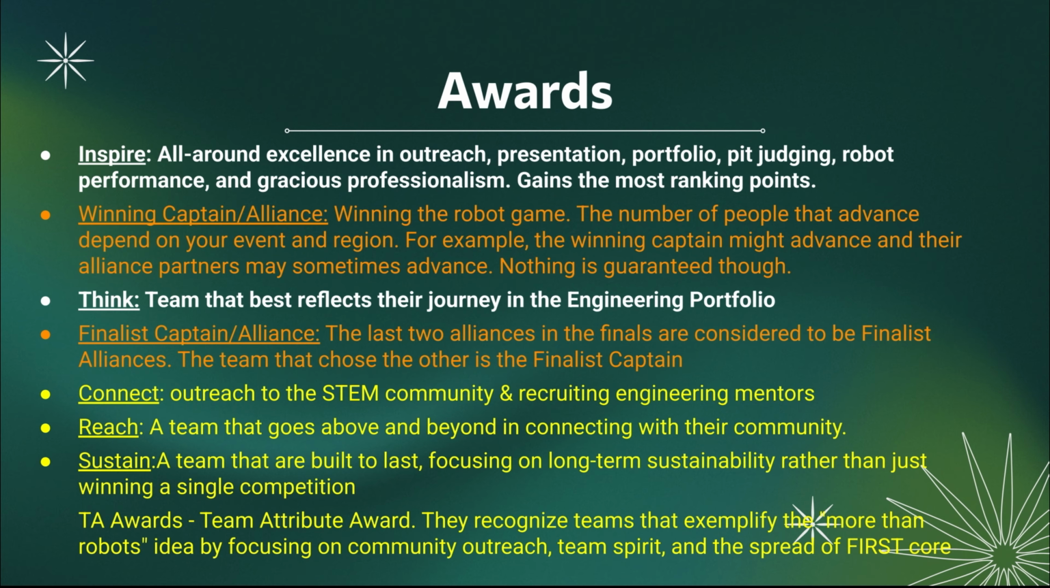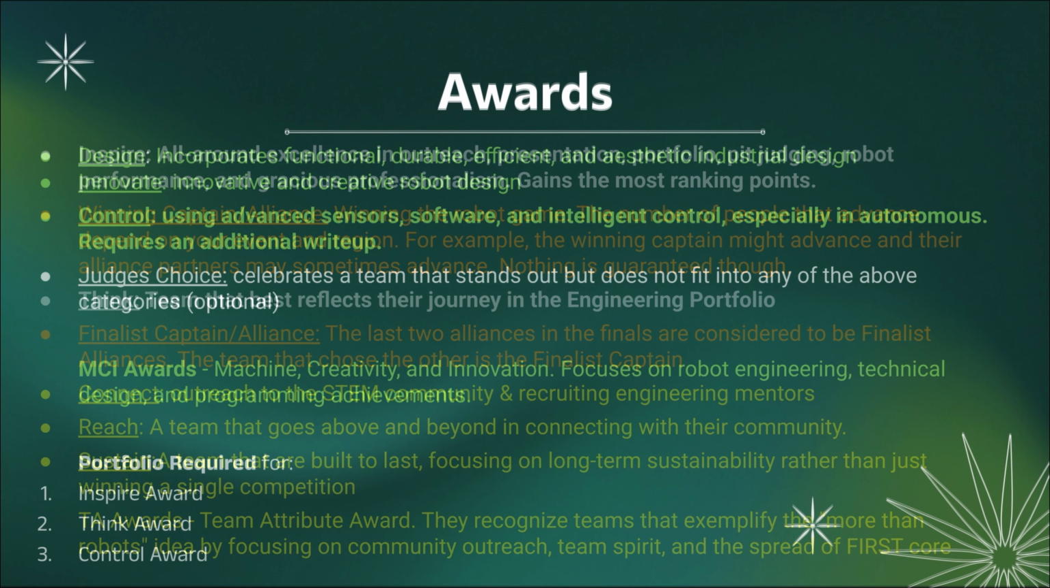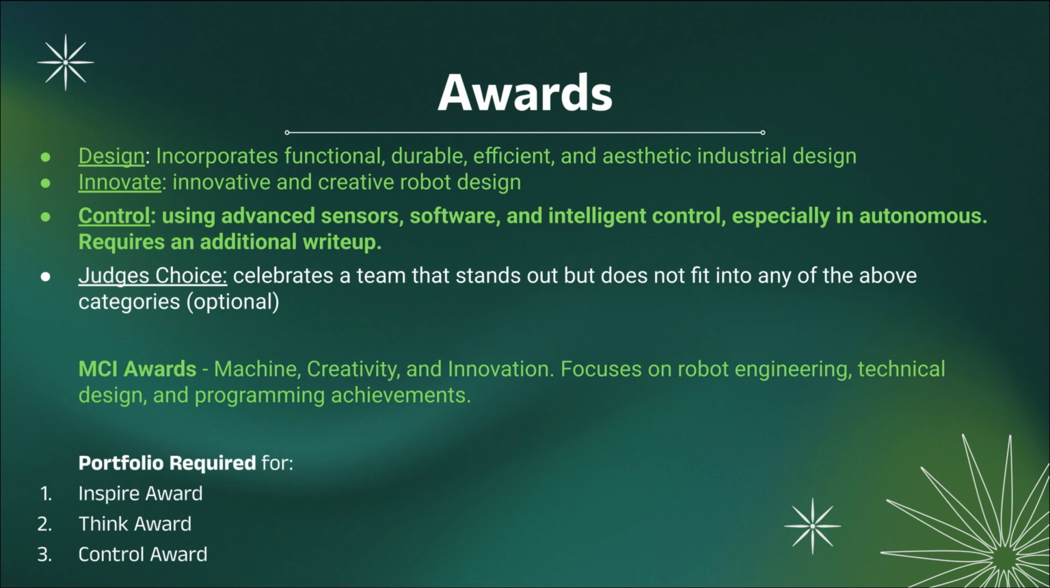The 3 awards in yellow are called TA Awards, or Team Attribute Awards. They recognize teams that exemplify the more than robots idea by focusing on community outreach, team spirit, and the spread of FIRST Core. Along with those 7 awards, there are 4 more awards that you can get, which are the